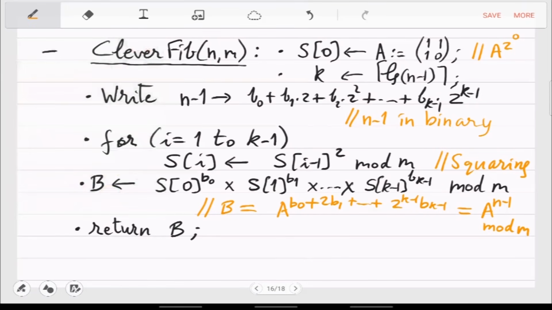That's the matrix power mod m, and its 1 comma 1 entry is Fn mod m. So this matrix's top left corner is the nth number reduced modulo 2024. That is the answer. So this is the full pseudocode. Obviously, if you convert this into a C program, it will be much longer, but I don't have the energy to give you the C program here. So that you have to do.